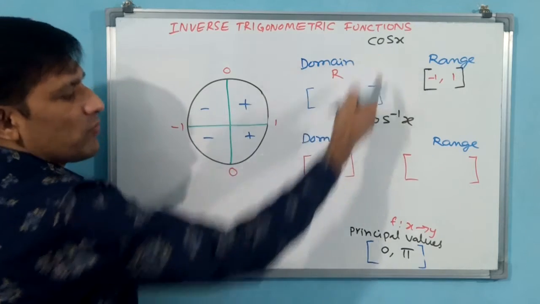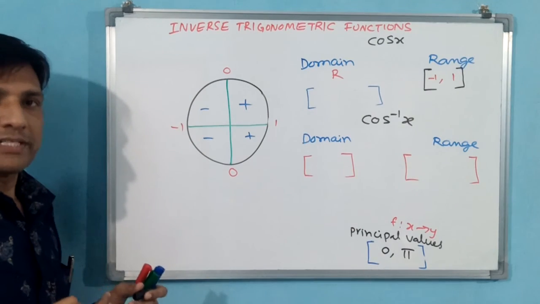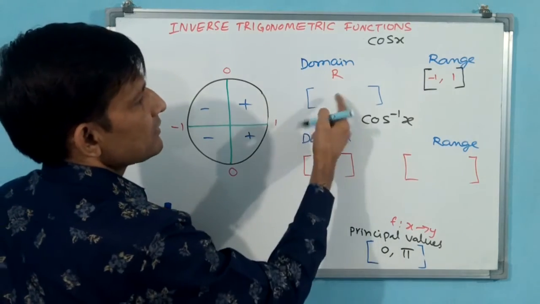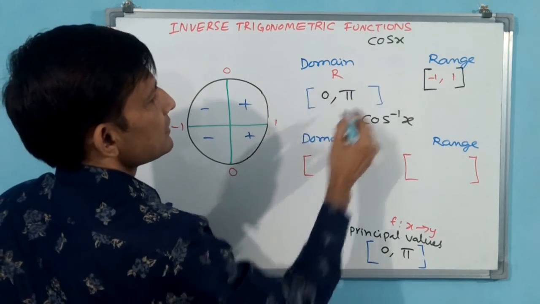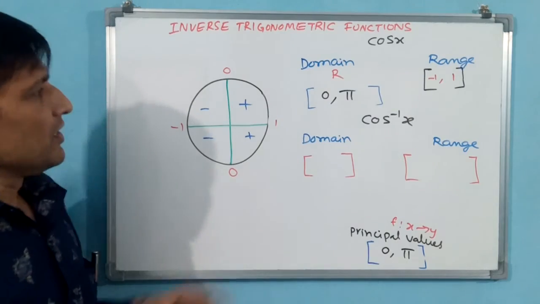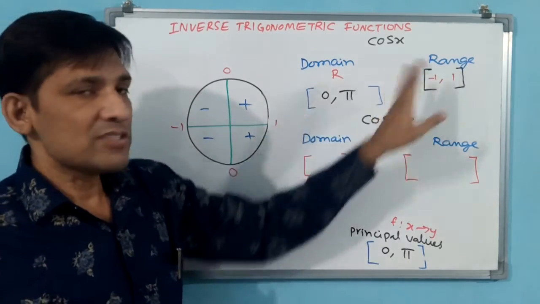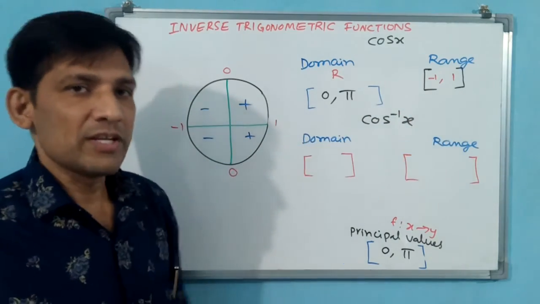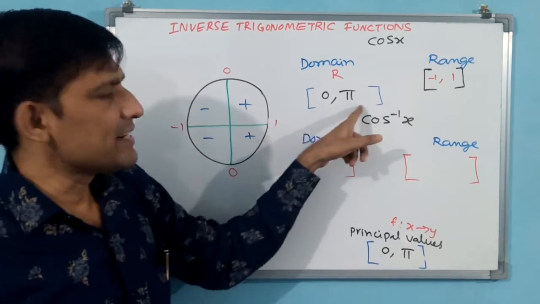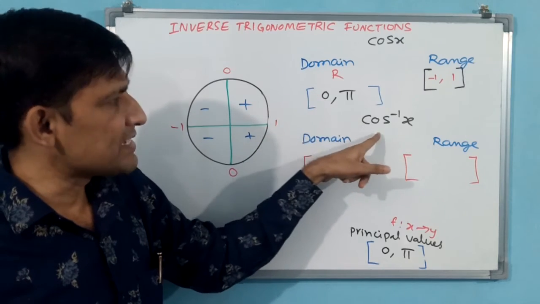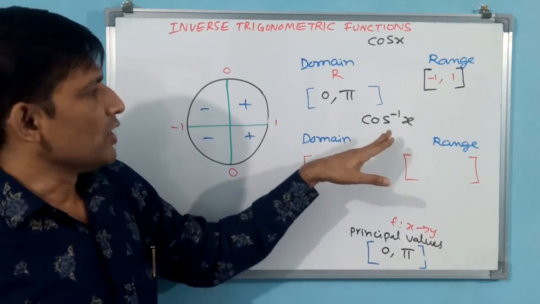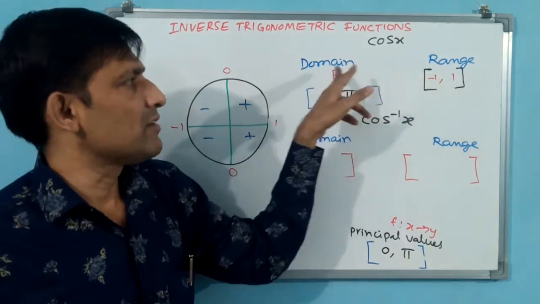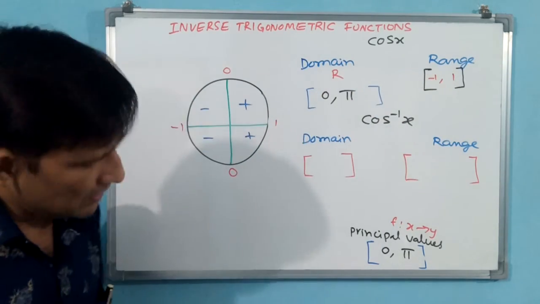These are principal values for cos x. You understand, na? Shall I write the same thing here also? See, for this second time, the range is not going to change. Even if you give 0 to pi, the same values, minus 1 to 1 only, are going to come. Why am I writing the second time? Second time is for considering cos inverse. If you are not considering cos inverse, only cos x, then R will be the domain and minus 1 to 1 the range.